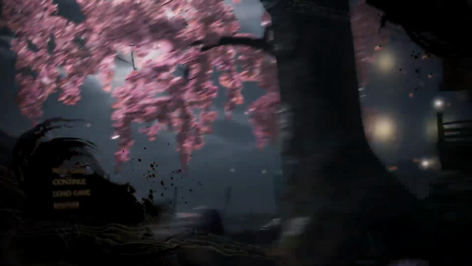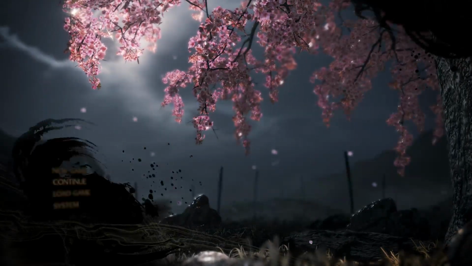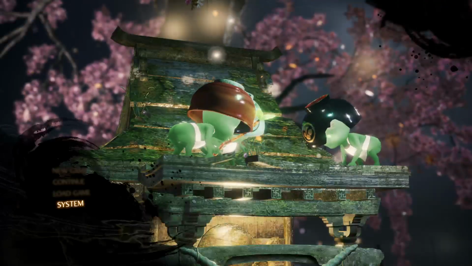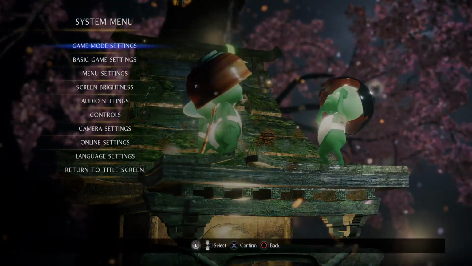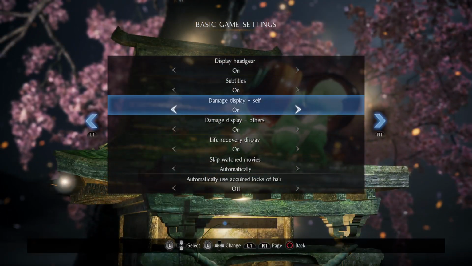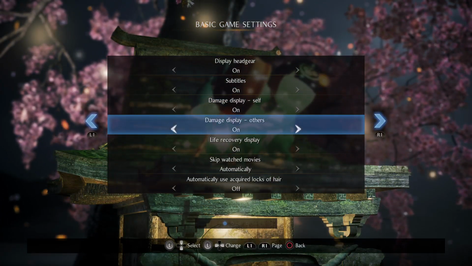The game does ask you if you want to import your character creation data and whatnot from the Last Chance Trial, but yeah, no. I used a placeholder because I only had a couple of hours on it, so why would I bother doing that? Anyway, basic game settings, let's see: display headgear, subtitles, damage display,